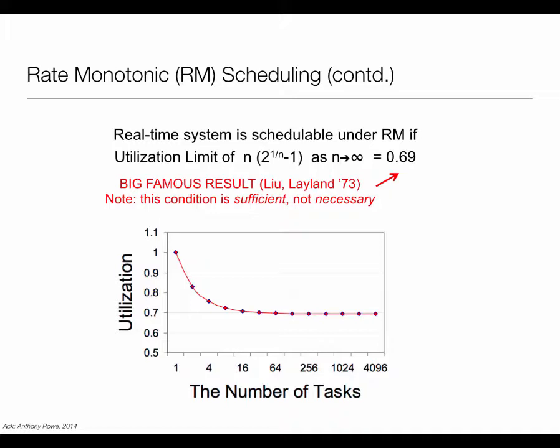Okay, for n equal to 3, it's 0.78, something like that. And actually, as n goes to infinity, it asymptotes out to 0.69. In terms of exponentials, so whatever, 1 over e or something like that, or e to the power minus 1. So it asymptotes out. It basically means that if I give you a task set with an arbitrarily large number of tasks, if it is below this 0.69 threshold, then that task set is going to be schedulable. So any task set whose processor utilization is less than this magical number of 0.69 or so is always guaranteed schedulable